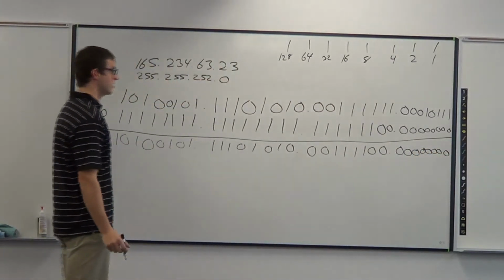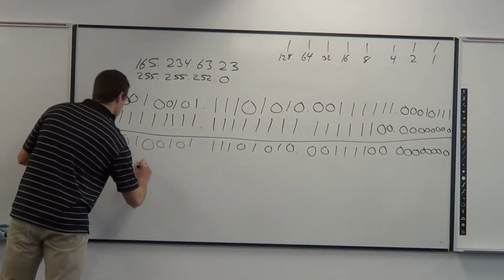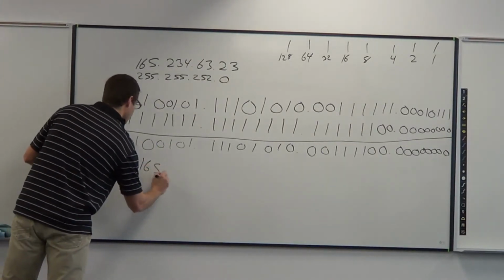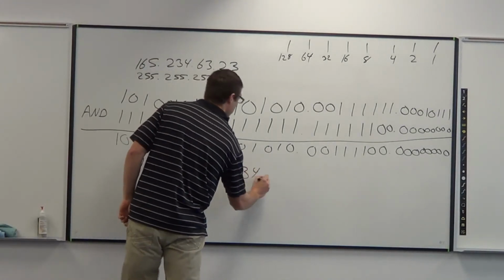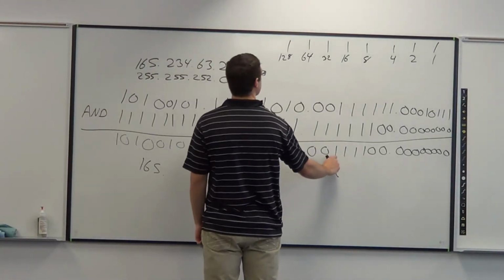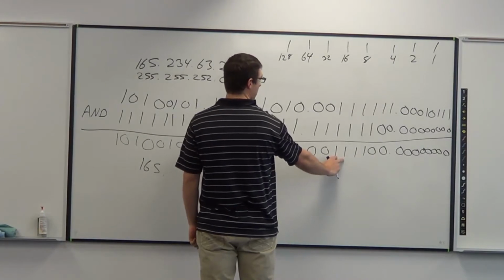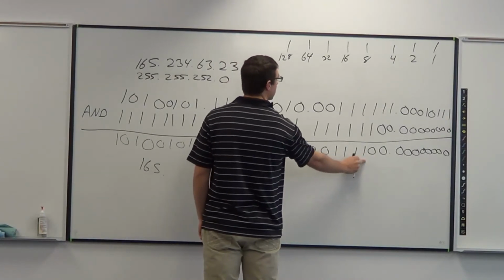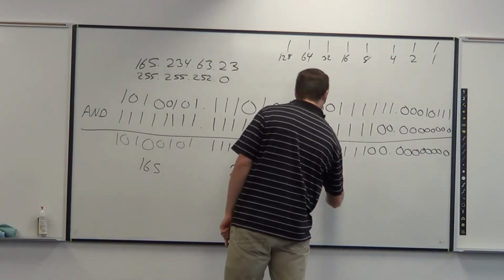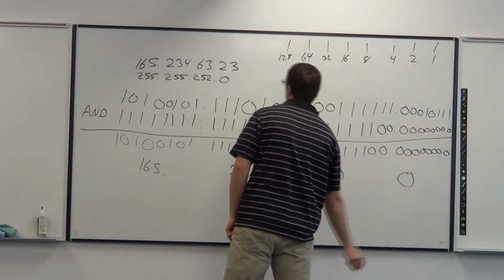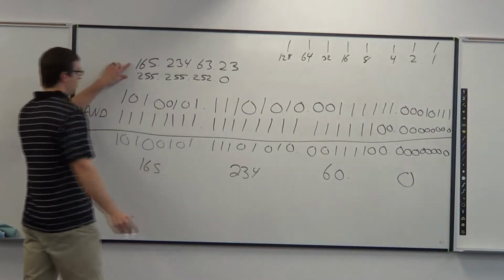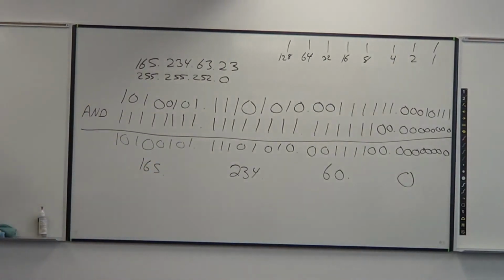Convert that back into decimal. This number here is 165. This number here is 234. This number here is 32 and a 16 and 48, and an 8 is 56, and a 4 is 60, and a 0 is just 0. So the 165.234